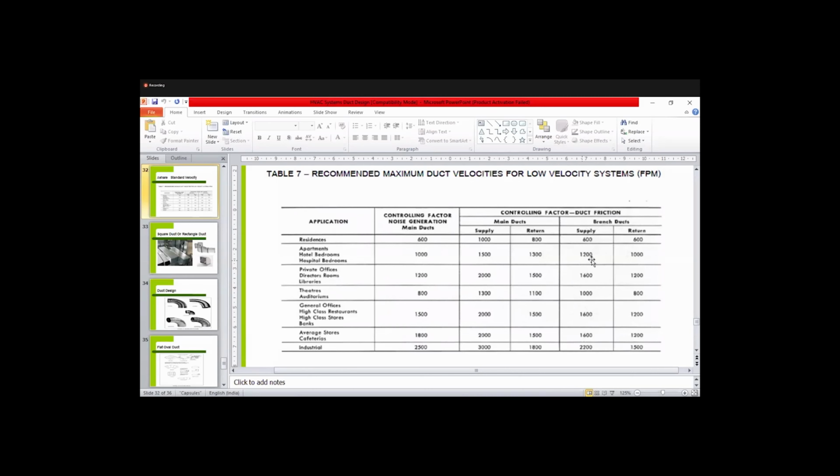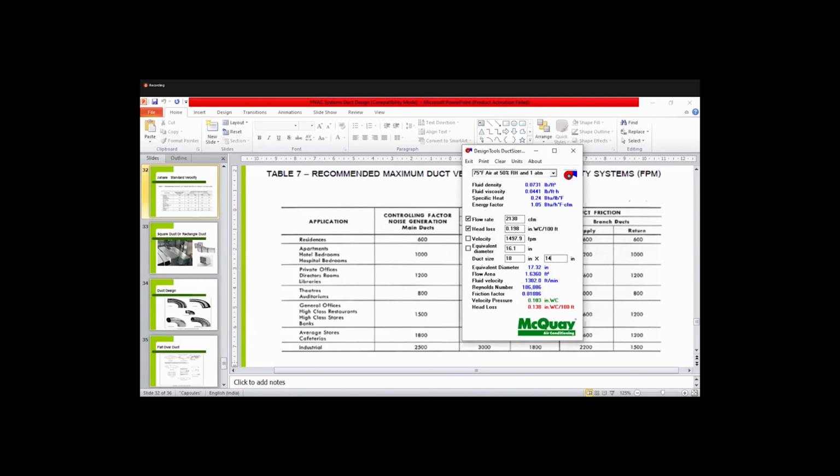So velocity is 1200. So what is the CFM? 1500 is the CFM here. 1500, and velocity is 1200. Okay. So what is the head loss? 0.14. Just remember it's 0.14.